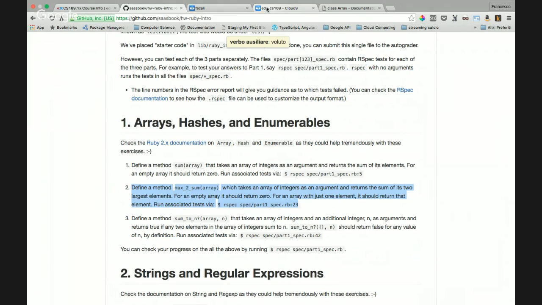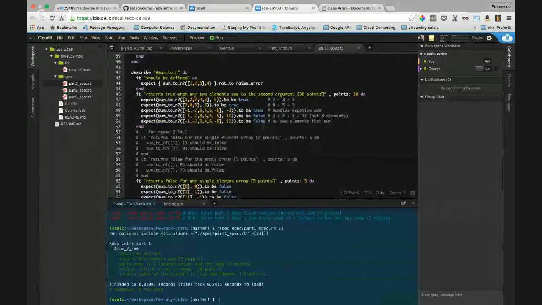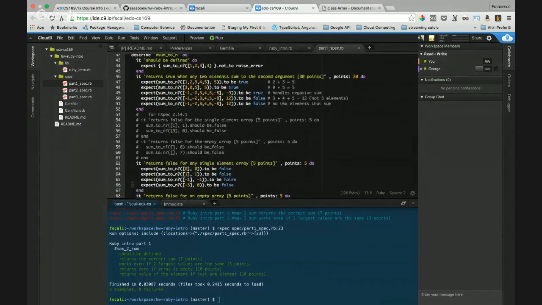Let's see the tests, because they're like a definition of the problem. They are our guidance. It returns true when any two elements sum to the second argument. Okay, we can make this simple test pass. It returns false for any single element array.